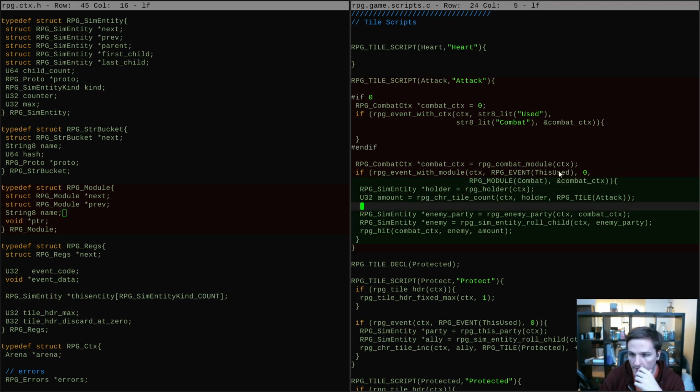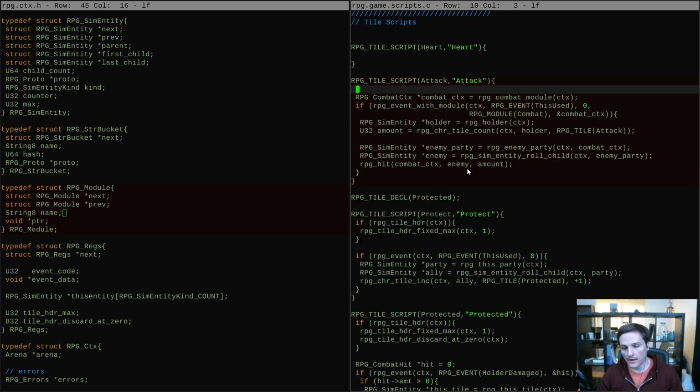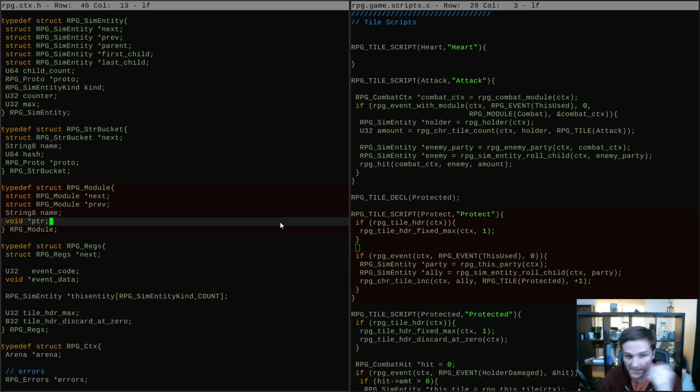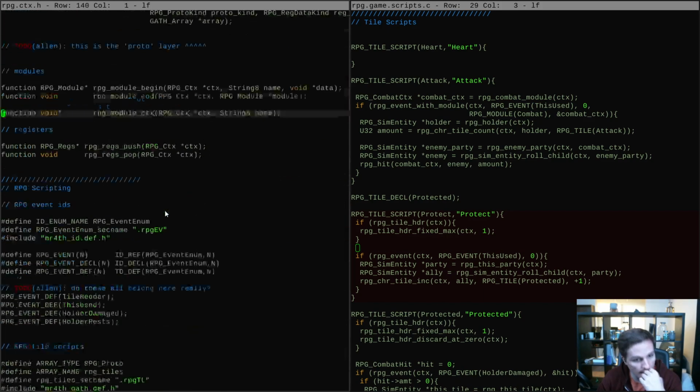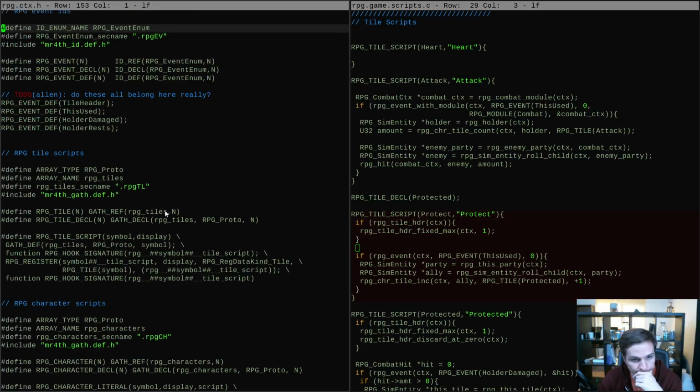Right? The event comes with data, the module comes with data. So if we're in combat, then we'll get the combat context through here. That seems like the way to do it. And so all we got to do to make that a reality